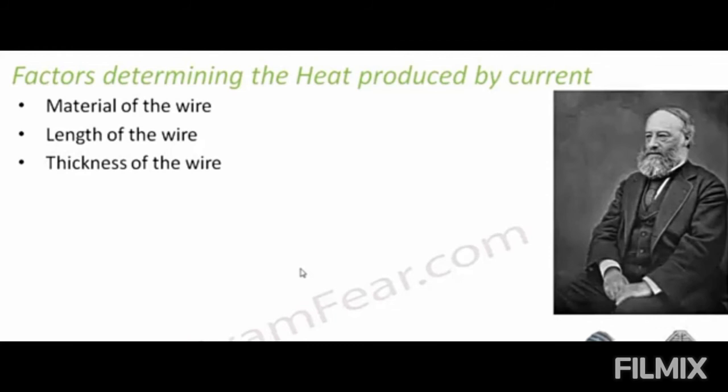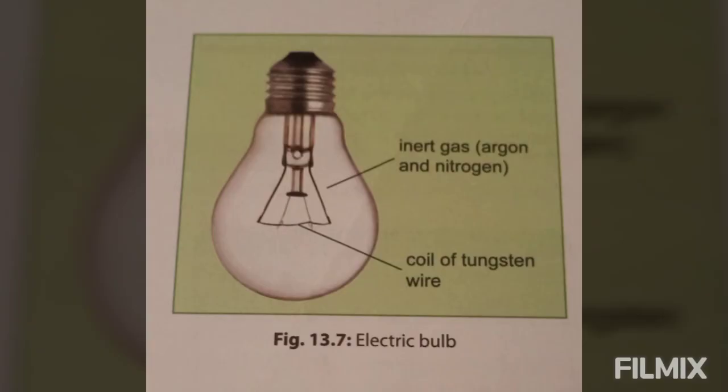In case of heaters, that is electric iron, we know nichrome is used as an element because it offers large resistance and gets heated when a current flows through it. The filament of the electric bulb is made up of very thin and coiled tungsten wire, which offers a large resistance when electric current passes through it. It first gets heated over 1500 degrees Celsius and then starts glowing and emitting a yellow-white light. The bulb is filled with nitrogen or argon instead of air to reduce the evaporation of the tungsten, which would otherwise condense on the bulb and blacken it.